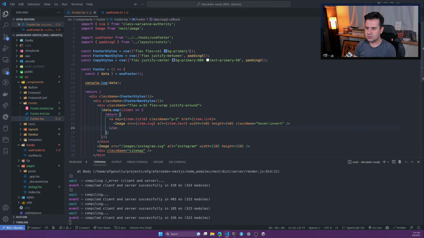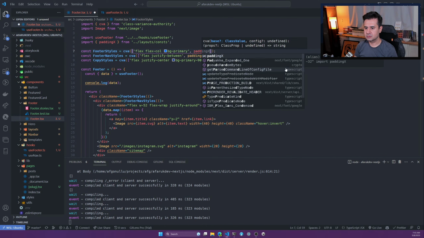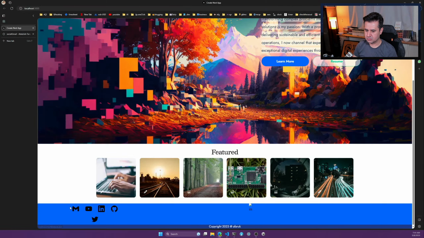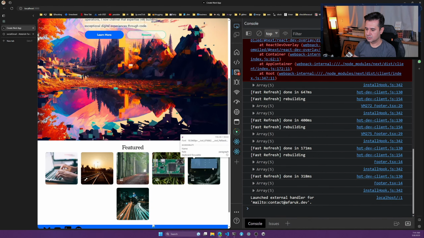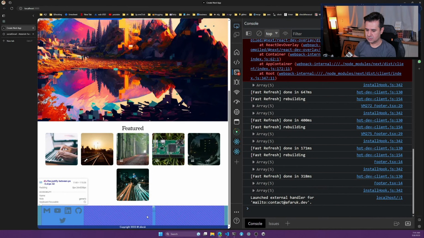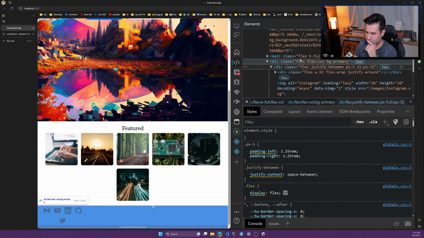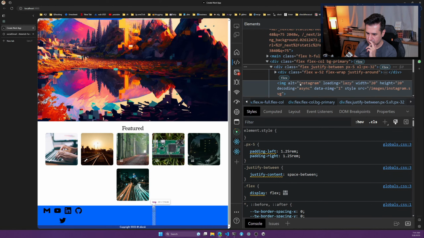So the footer should also have a padding here. Oh no, that's okay. It is on the padding. But this is not 100% width. That is the problem. What do we have here? Justify between. Ah, the issue is it is